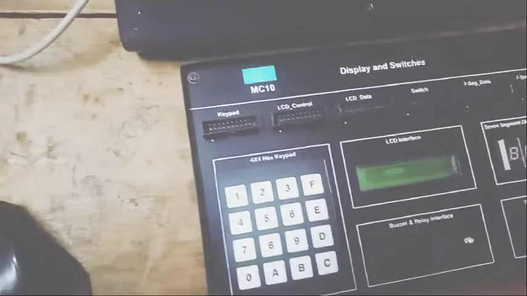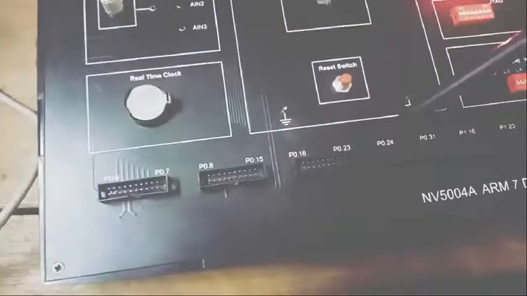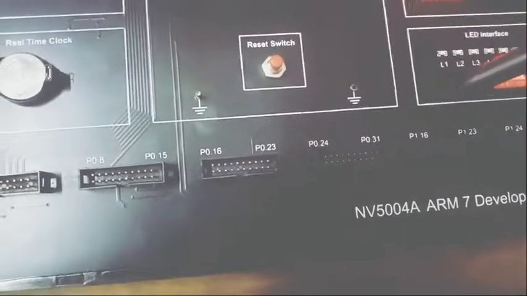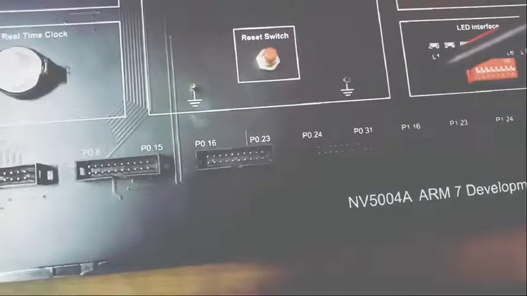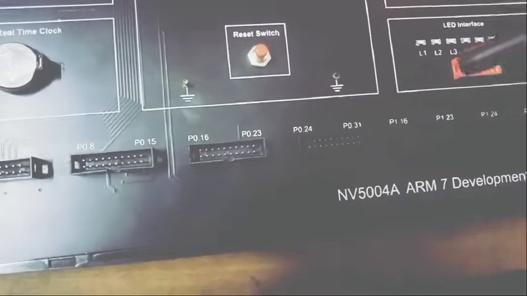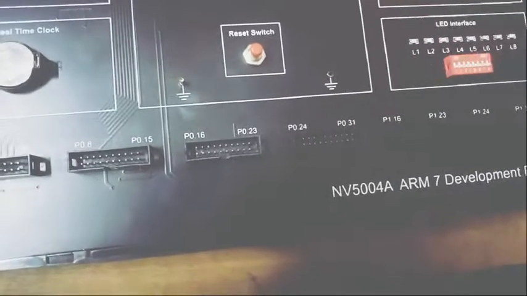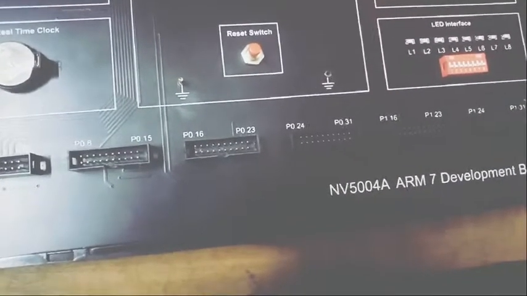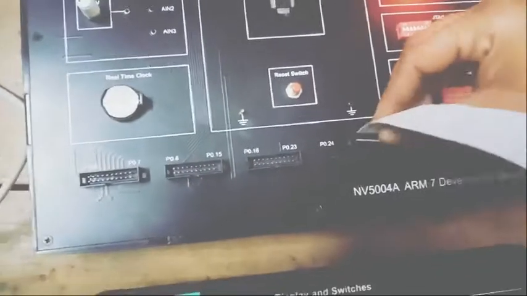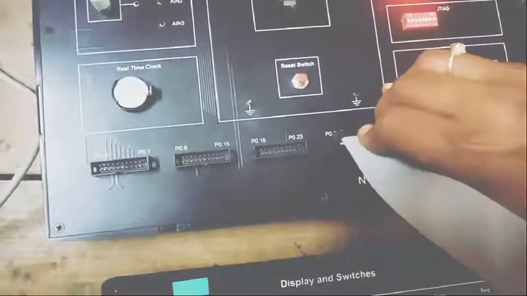This is connected to the port P24 to P31 because in our program we are using the P0.29 pin. That means we are connecting the buzzer to the pin P0.29. So we have to connect this FRC cable to this port. Connect the FRC cable.